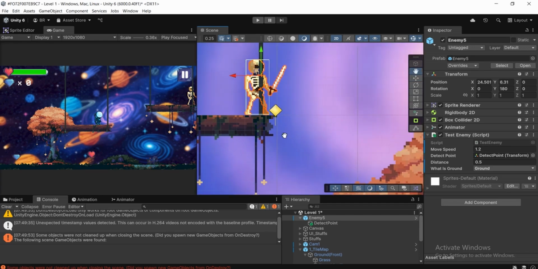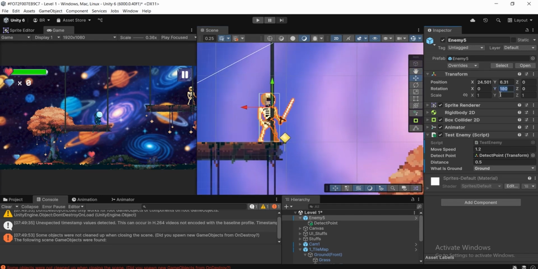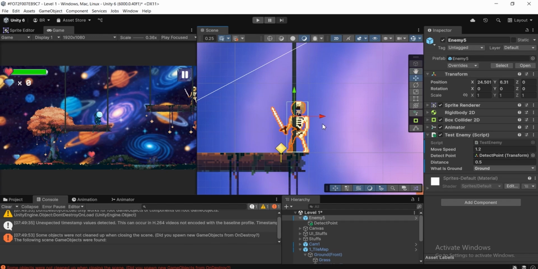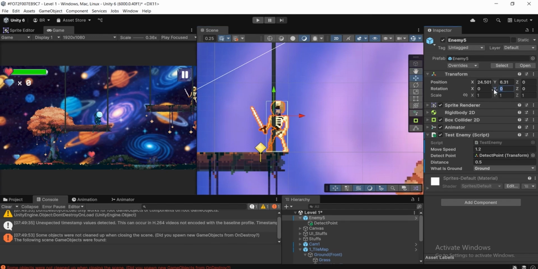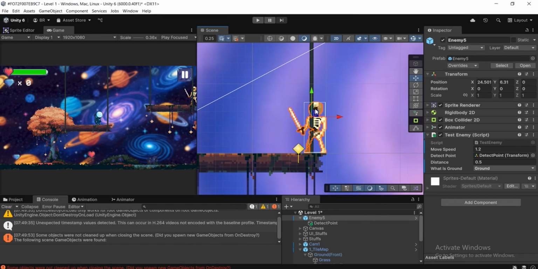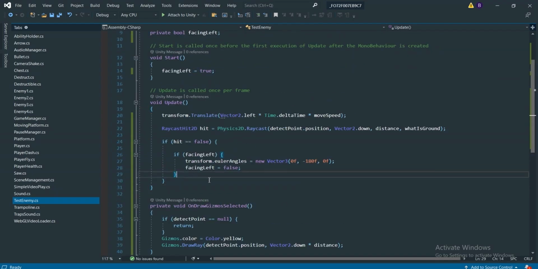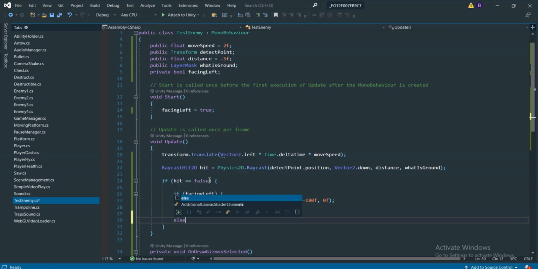So in that moment what we need to do, we need to set back this y to 0, and if we set it to 0 we can notice this enemy just flips to the left direction one more time. So we need to set this y to 0 one more time. So what we're gonna do, we're gonna move over to our script, and over here we're gonna check else if